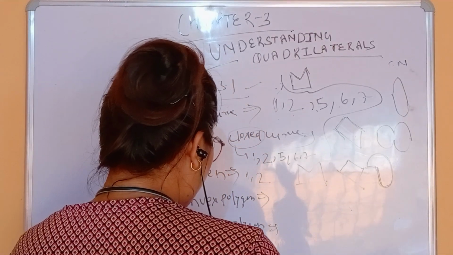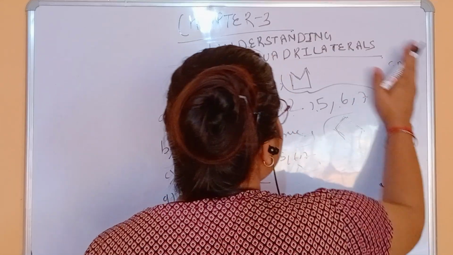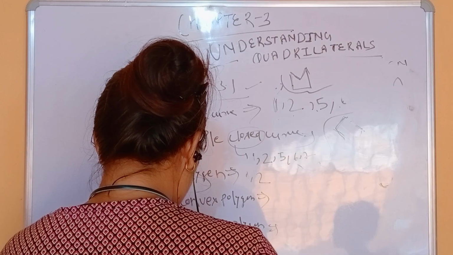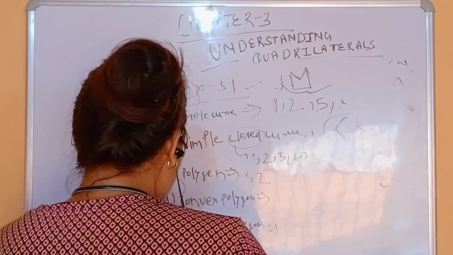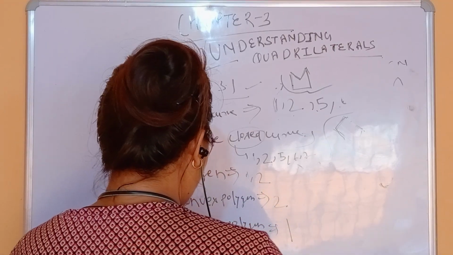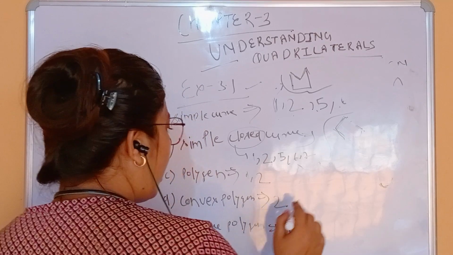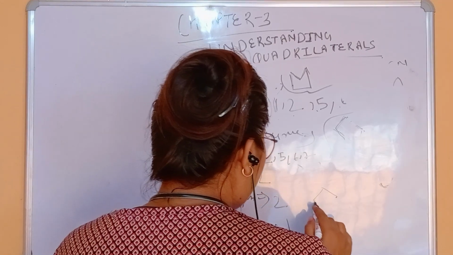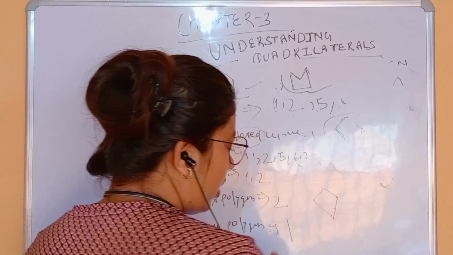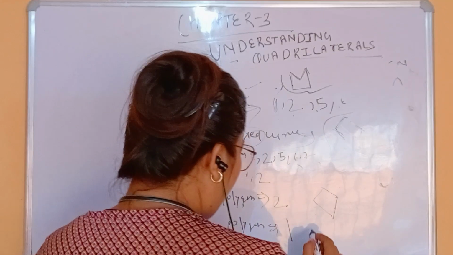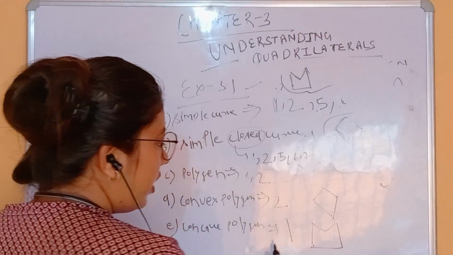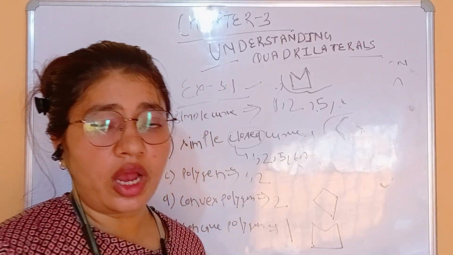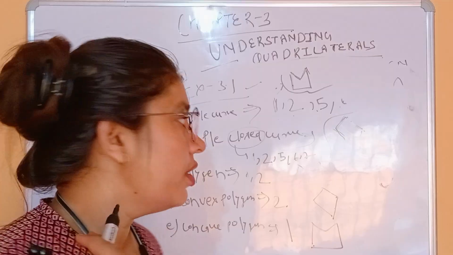Okay, now we ask for the convex polygon. Convex polygon is 2 and concave polygon is 1. Because in 2 we can easily define the shape. Just wait, it's a quadrilateral because there are 4 sides. So this is a quadrilateral shape. One is the one whose shape is not defined. Convex and concave polygons are types of polygon. So convex polygon is 2, concave polygon is 1. So 1 and 2 are polygons.